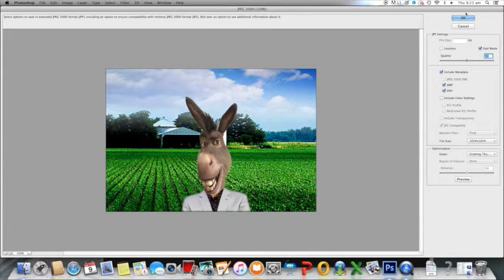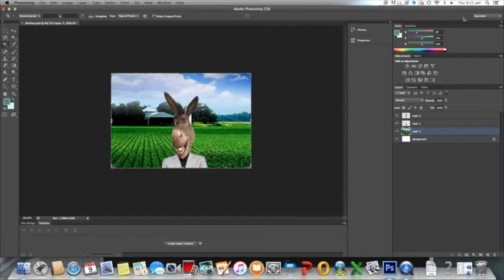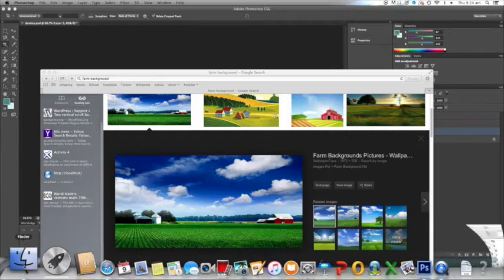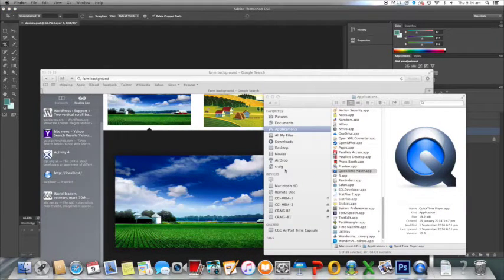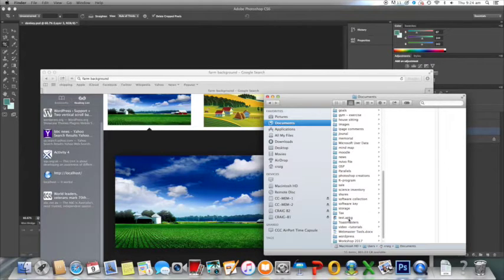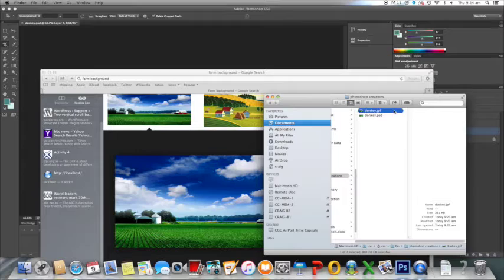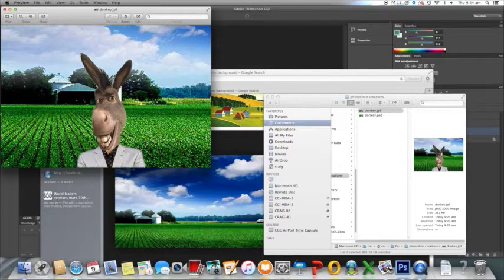So there we have it. One final thing: if we click on the file and go back into our documents, we should have our documents there. And just so that everything's good, I'll bring up the JPEG. Yep,